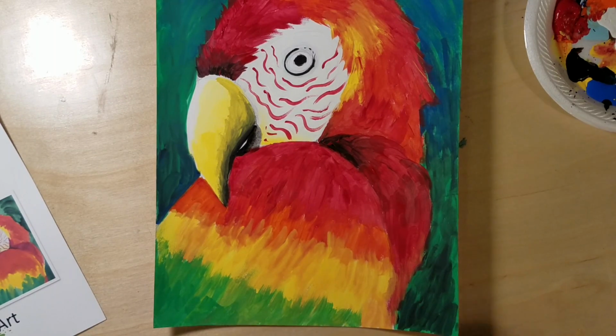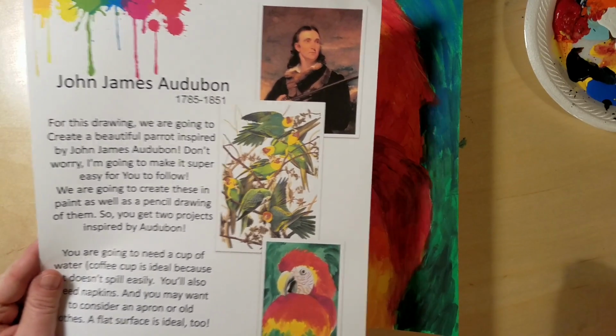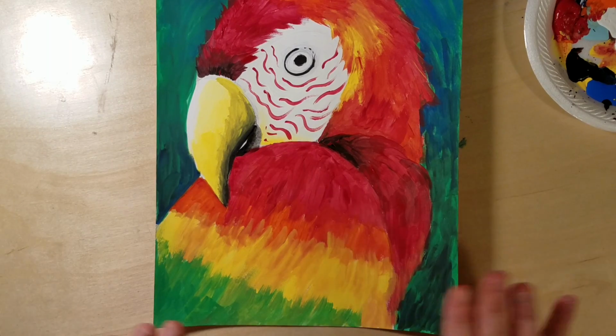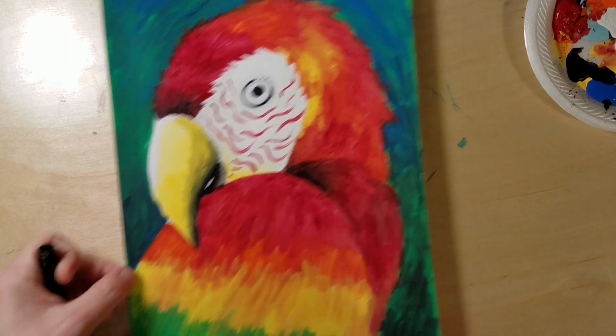So I appreciate you joining me for the Audubon lesson. I had a really good time painting this. This is totally frame worthy. To finish it off, you do need to sign your art